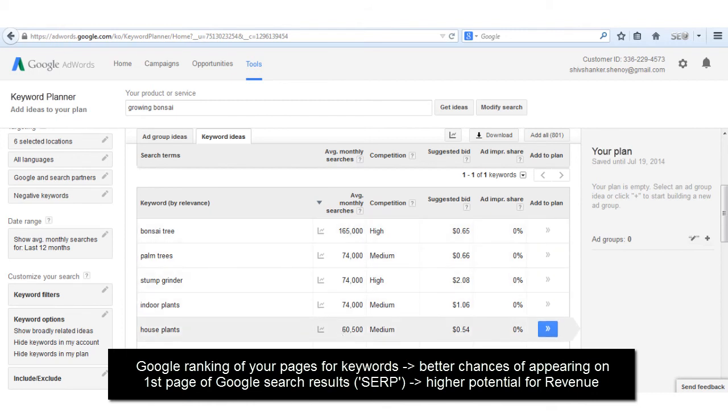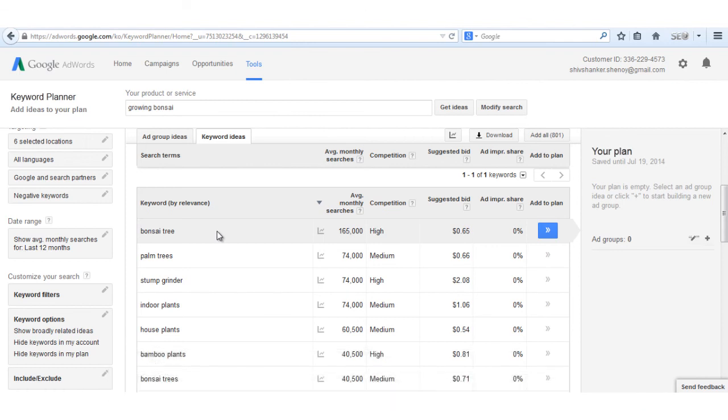and you can see the potential for earning revenue. But keep in mind that just because the monthly searches are more, it doesn't mean that those are good keywords. It probably means that there is a lot of competition. There are a lot of sites and pages out there that you need to outrank to come on the first page of Google. Nevertheless, it will give you all the specific keywords that you can use.